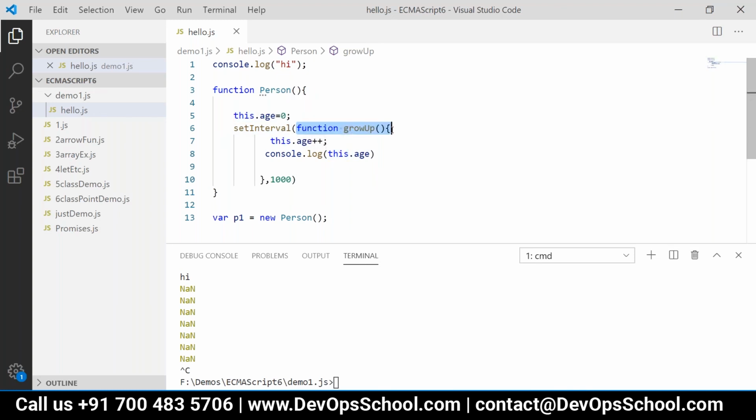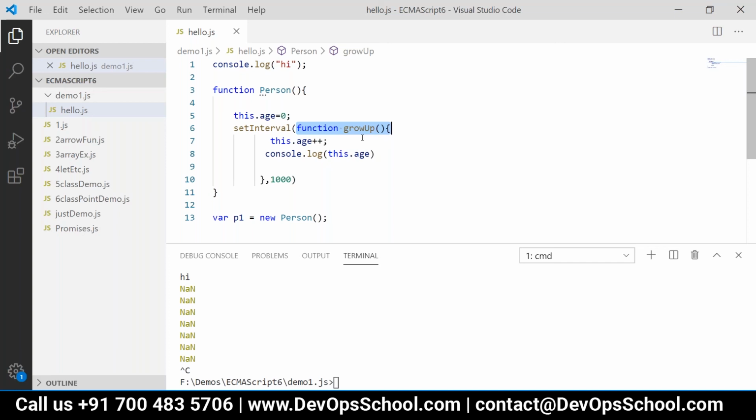So when we are creating a new function, it will have its own this. So for grow up function, do we have anything declared as age? No. This dot age is declared for the person function. That is not declared for grow up function. Grow up function's this is different than person function's this. Are we getting that? That is why I am not getting the expected output.